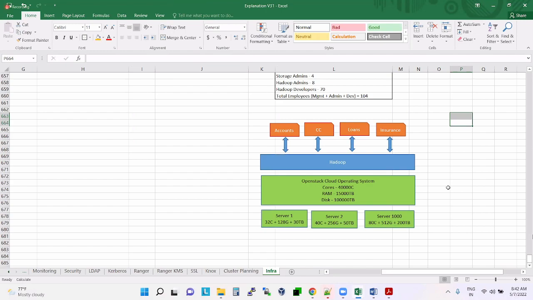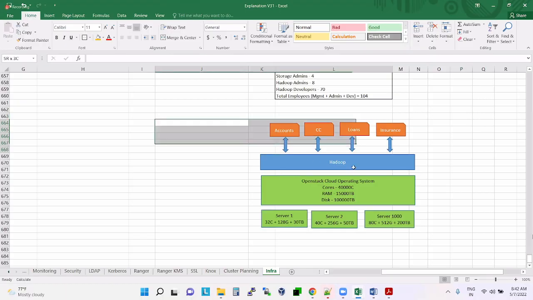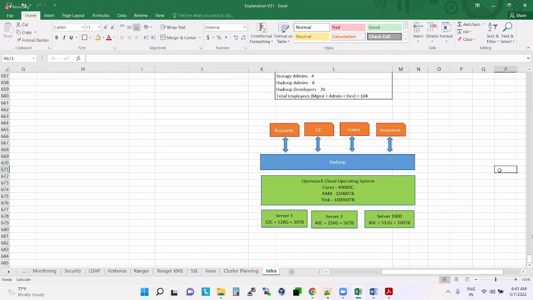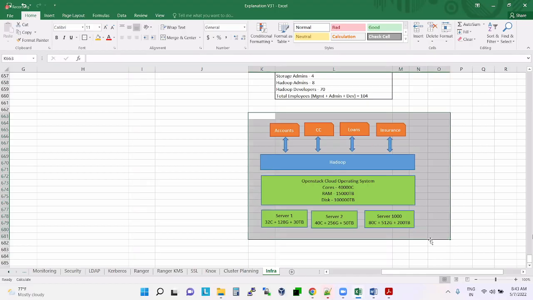As of today. So is this model currently in use? Currently in use by some companies actually. And they call it OpenStack? No, they're private cloud. Private cloud, okay. Hadoop on private cloud. So private cloud can also be offered by any of the vendors, of course, right? Even Azure offers private cloud.